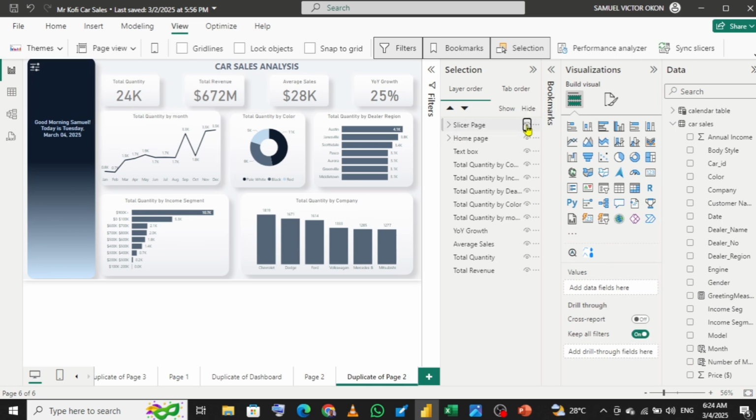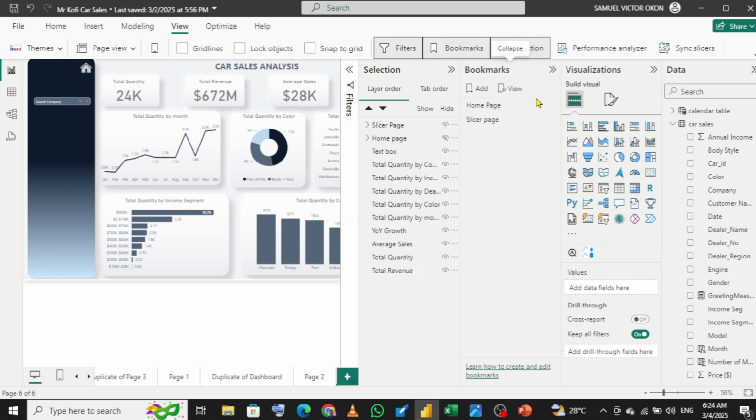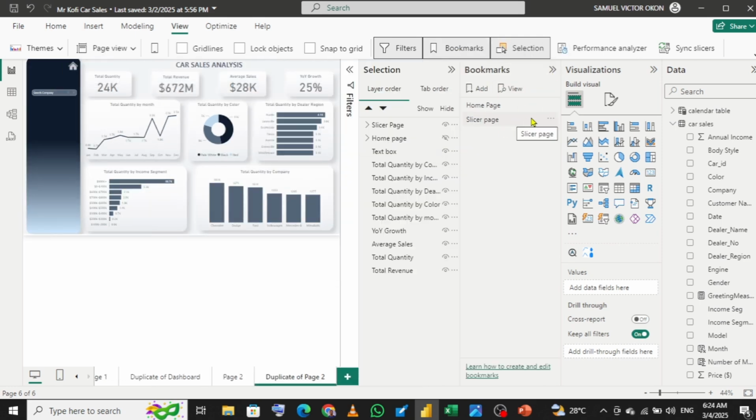If I unhide this, and if I hide the home page, you see what happened. You can see now we are moving from one state to another state. All right, so the home page, the slicer page, this is what the slicer page will look like. So make sure you click on your bookmark, so your bookmark will come out here. I already created this already, so I'm just going to